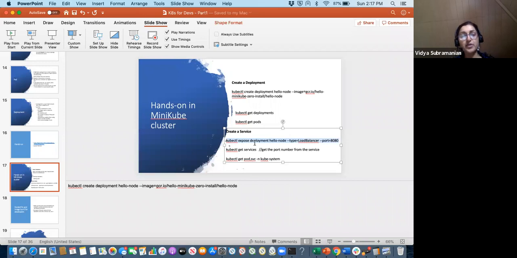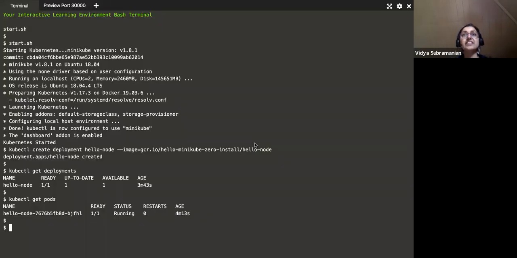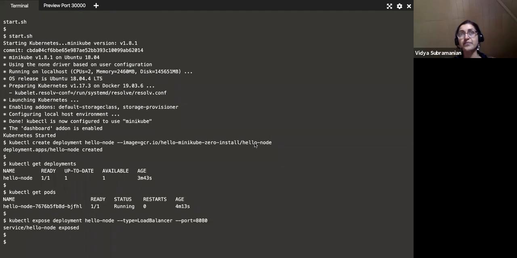Now comes another important construct within the Kubernetes architecture: the mapping of the service, which is your microservice, to how that is exposed through Kubernetes. That is done using a construct called service.